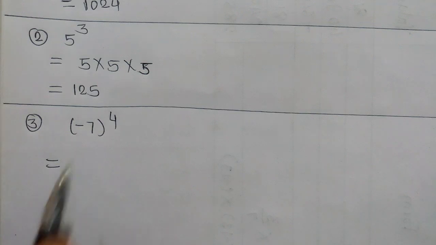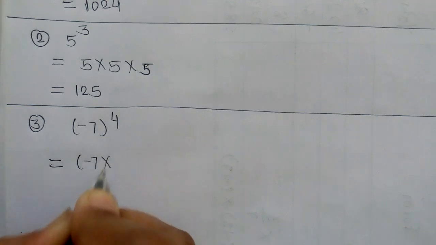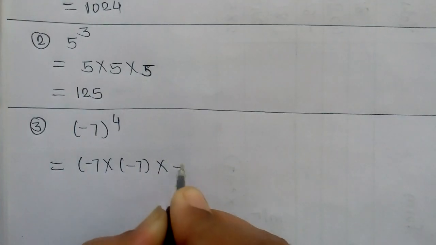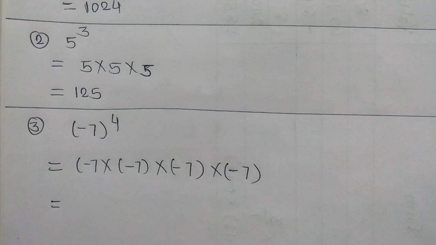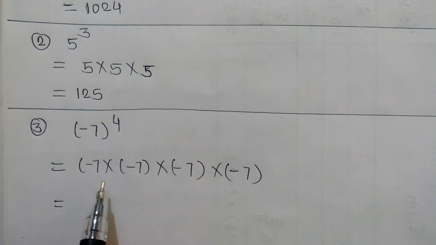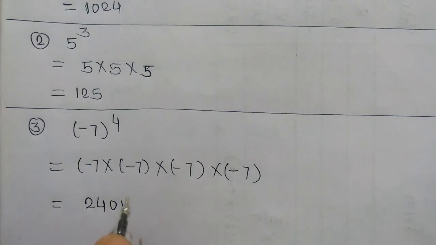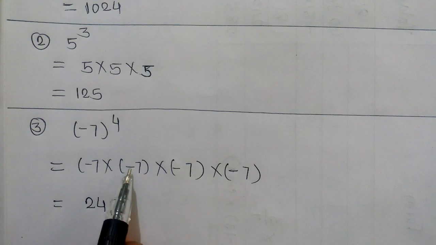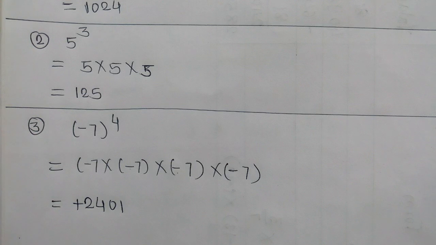So next example is negative 7 raised to 4. So we will multiply it 4 times. Negative 7 into negative 7 into negative 7 into negative 7. Now we will multiply it and think about sign. Multiplication of it is 2401. Already in the previous example the denominator was negative 7 or 7, so that time we have seen the multiplication. It is 2401. Now I told you minus minus plus, plus minus minus, minus minus again plus. So the sign will be positive.